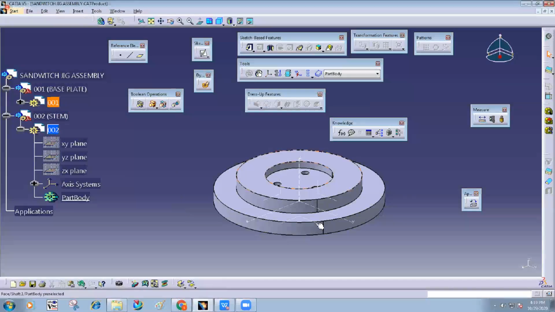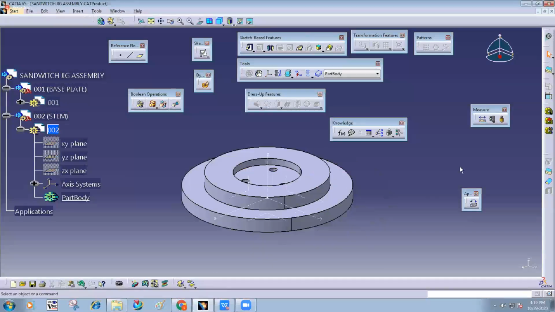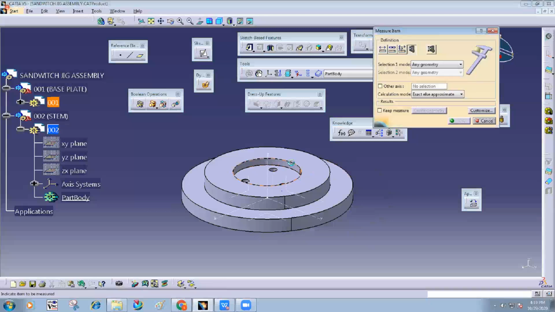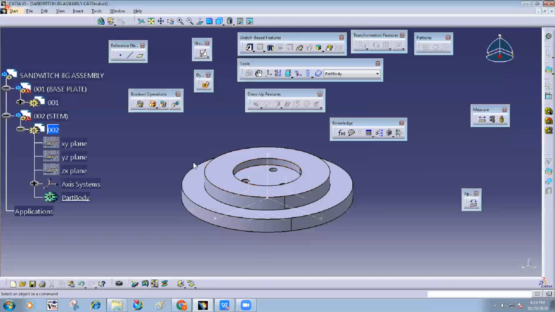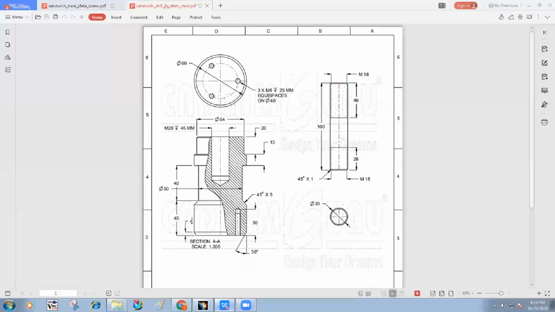Now I'll activate this reference. I just measure this diameter. How much is it? It is diameter 60, which is matching this one. So by taking previous part reference, I can directly design this diameter, and that is actually fitted.